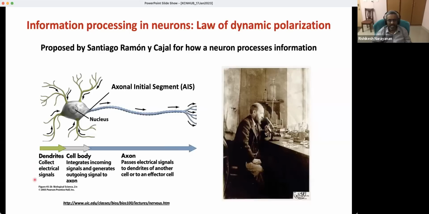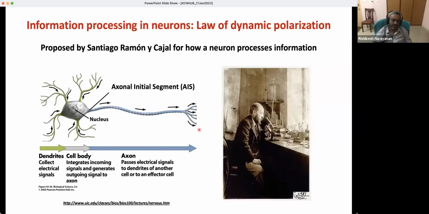That's where the electrical signals from other neurons are collected. And then at the cell body, the spatiotemporal integration of all these inputs occurs. And once this input crosses a certain threshold, then at the axonal initial segment, an action potential is generated, which travels through the axon towards the boutons that are present over here,